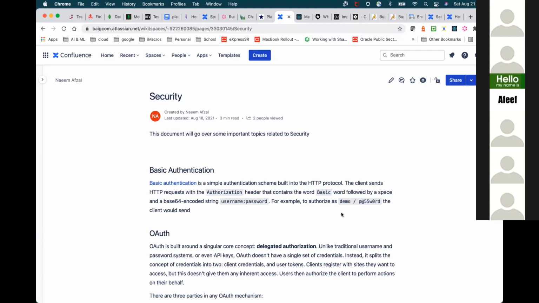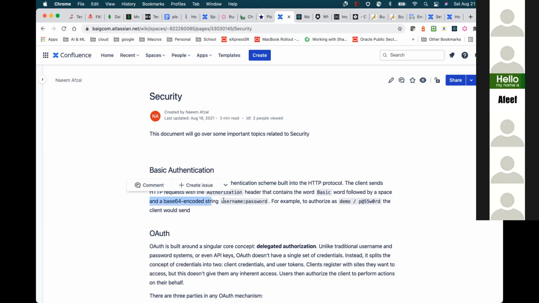The first one we're talking about is basic authentication. What is basic authentication? It's when you enter your user ID and password, and that was the first method of authentication which was introduced: you give your user ID and then you give your password. Then that user ID and password is encoded to generate a token, like I'm saying here, a base 64 encoded string.